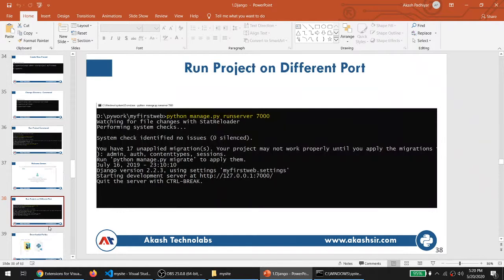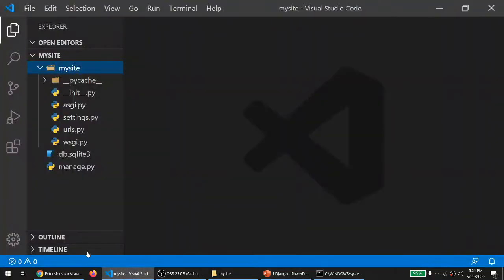I got a comment asking why I'm not using the VS Code terminal. If I use the VS Code terminal, the font will be a little slow and the screen is not clear. Just a second, hold on. I hope my screen is visible to you. Is it visible, everyone?